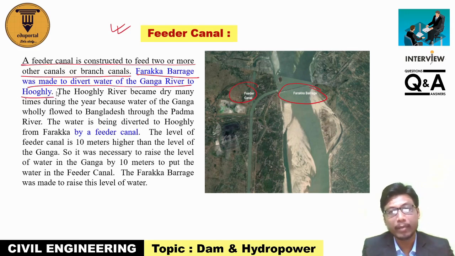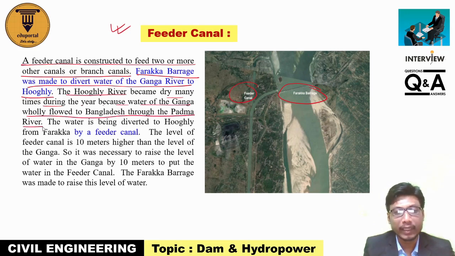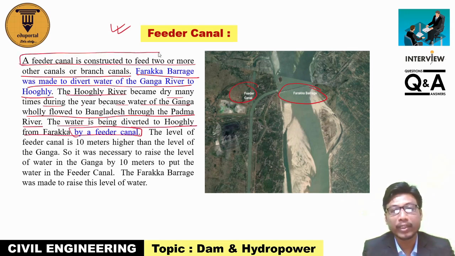Okay, this is the main purpose of constructing Farakka barrage. The Hooghly river became dry many times during the year because water of the Ganga wholly flowed into Bangladesh through the Padda river. As I have told, the water is being diverted to Hooghly from Farakka by a feeder canal. Okay, by a feeder canal, and a feeder canal is constructed to feed two or more other canals or branch